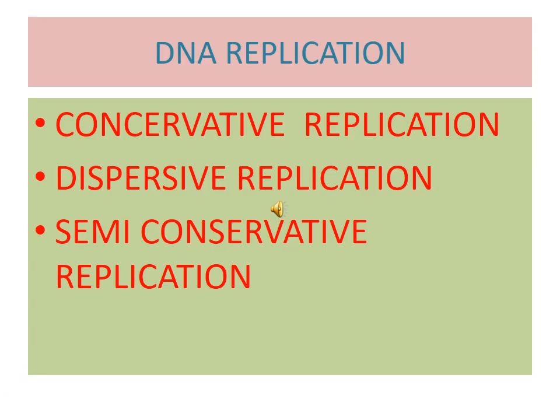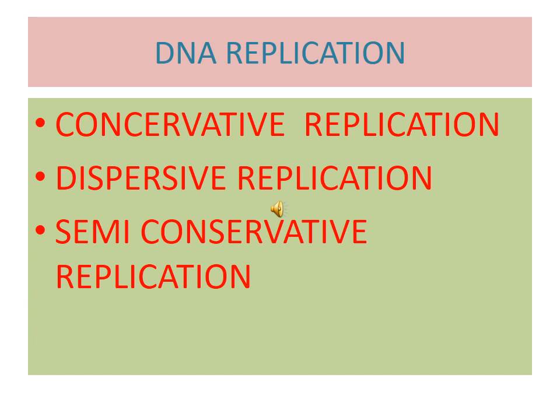DNA replication is another important topic. The replication of DNA takes place during the S phase of the cell cycle. In replication, the DNA molecule gives rise to two DNA molecules identical to each other and to the parent molecule. So there are three hypotheses of DNA replication: the first, conservative replication, then dispersive replication, and semi-conservative replication. So these are important points.